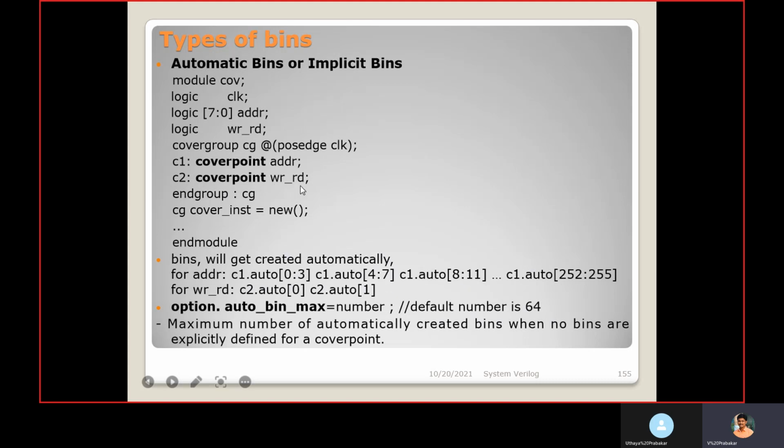Then for write read, it is a single bit, so automatically two bins will be created. And if you explicitly mention the number of bins in auto bin max, that many bins will be created.